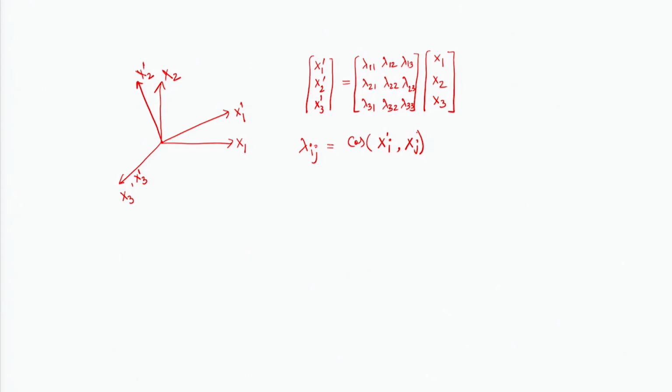Now, if I look at the understanding of the cosine angle, lambda 1 1 should be the cosine of the angle between the new x direction, which is x1 prime, and the old x1, which is the one over here. Ideally, we should measure the angle in the anti-clockwise sense. So, this is the angle we are looking for, and I may call this angle alpha for the given system.